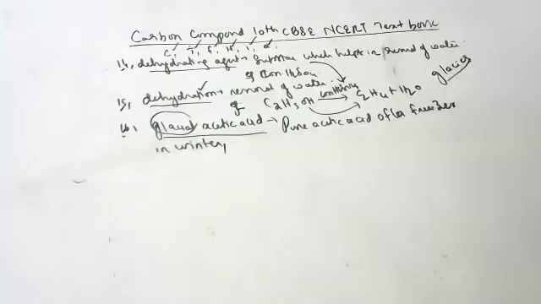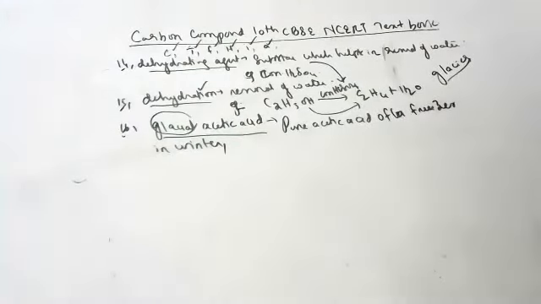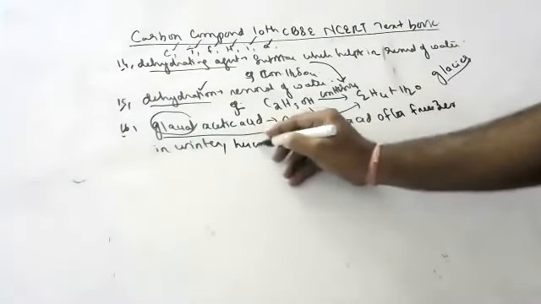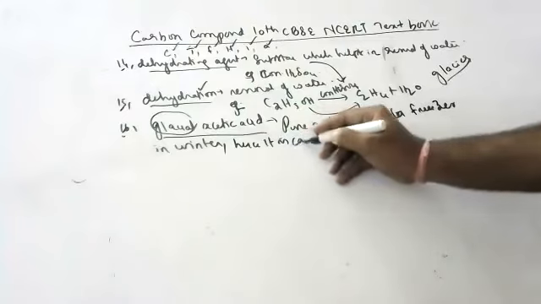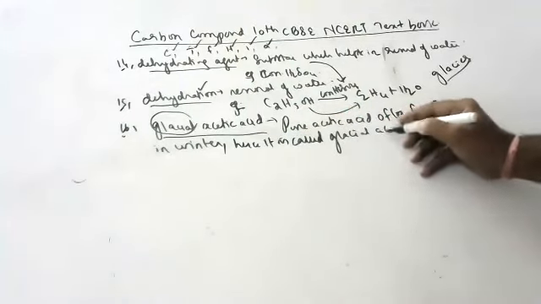Glacier, you know it, no? Because it looks like a glacier after freezing. That's why it's called glacial acetic acid. Pure acetic acid often freezes in winter. Hence, it is called glacial acetic acid.